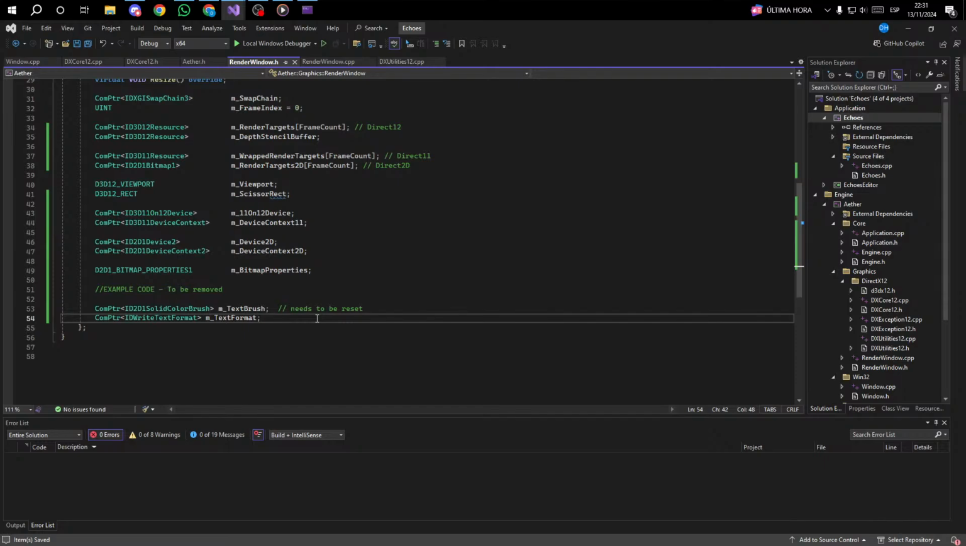I think mainly because this one is a background piece of information, whereas the text brush is actually physically used in the rendering process, and therefore that reason the m_text brush needs to be removed. And the other thing we're going to need to do